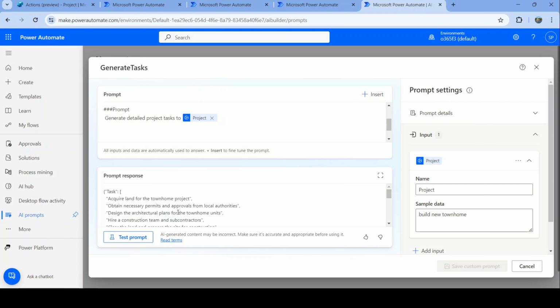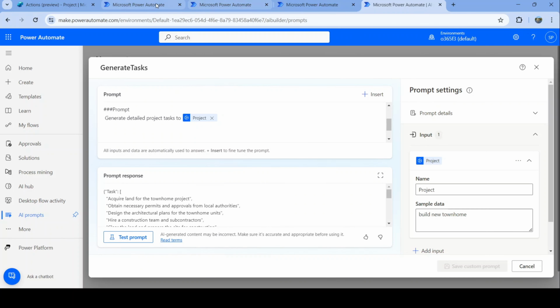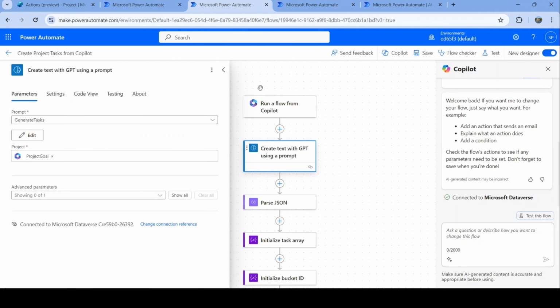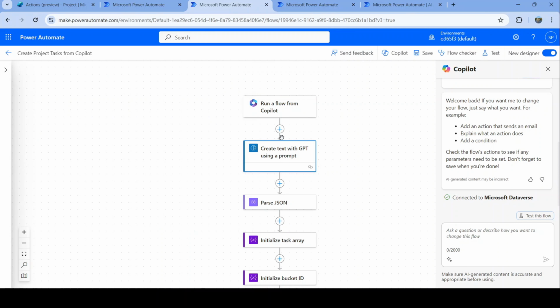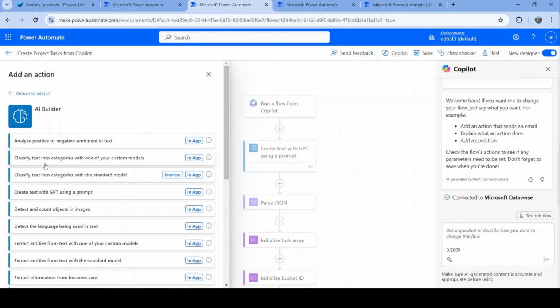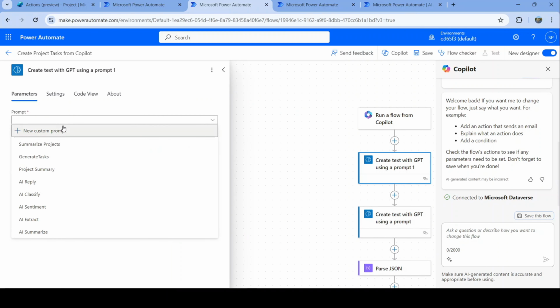The prompt is going to generate a list of tasks to build a new townhome. Once these tasks are generated, I am using this task in my Power Automate. I can call my AI prompt using an action called AI Builder, create text with GPT using prompt,